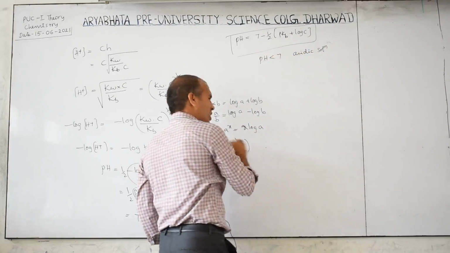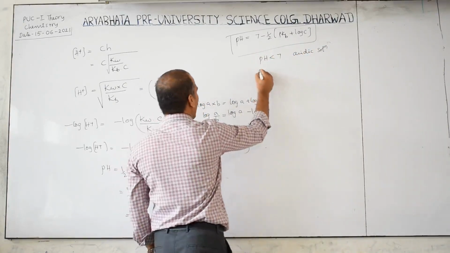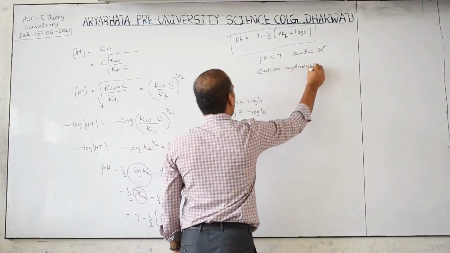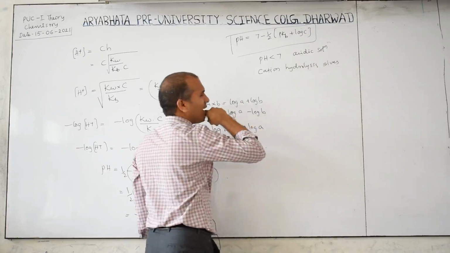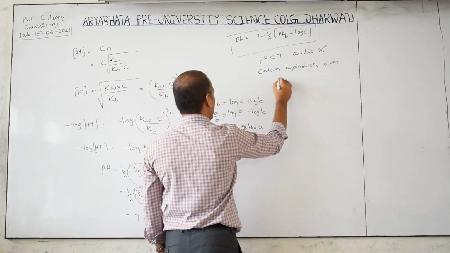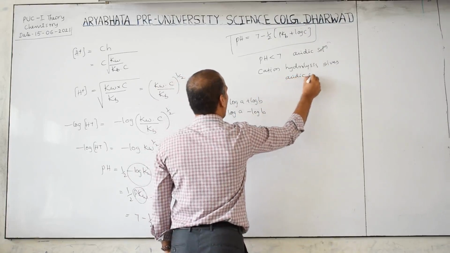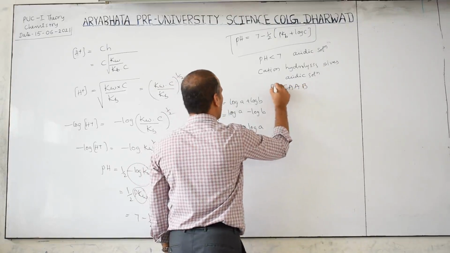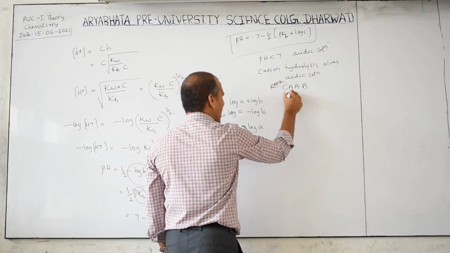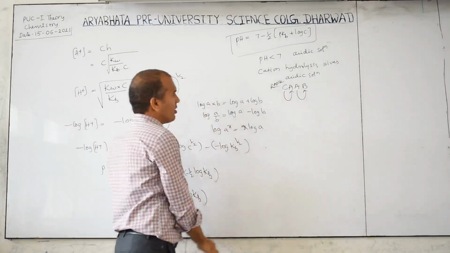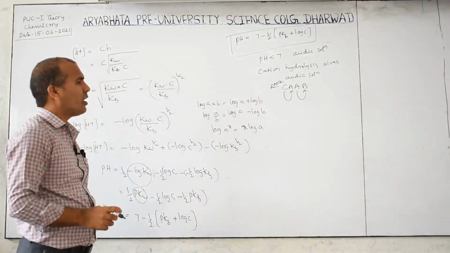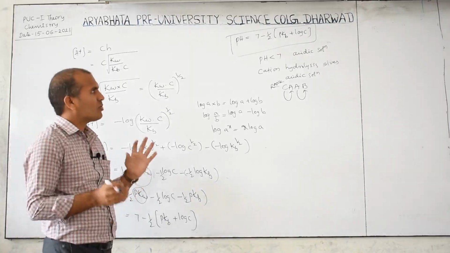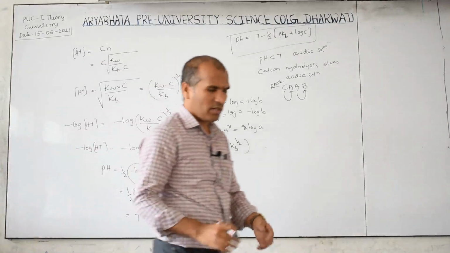And also we know that in salt hydrolysis, the cation undergoes hydrolysis. Cation hydrolysis gives an acidic solution, because we already know this shortcut formula: cation hydrolysis gives acid, anion hydrolysis gives base. So this is about the salt hydrolysis of a salt of strong acid and weak base. So these formulas are very important. You have to remember this.